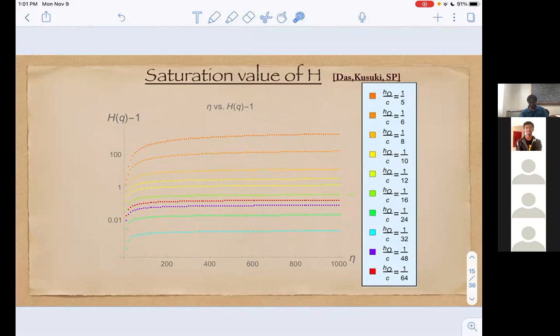Yeah. So here we have plotted h minus 1, which is the deviation from 1, because all the earlier results had h equals 1. We plotted how h differs from 1, and you can see that there are regimes where h actually differs quite a lot from 1. But the point is, it always gets flattened out, and this flattened out value is what we want and what appears in the expression for the asymptotics of the OP coefficient.